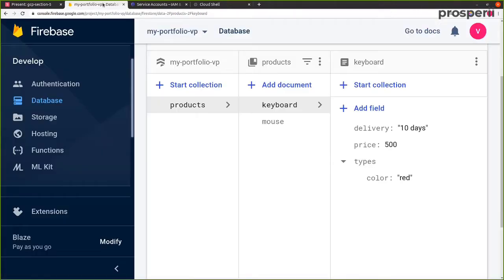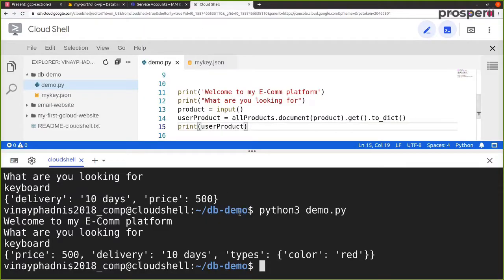So essentially we are using the Cloud Firestore database, and then we took the value which was stored inside keyboard and then we displayed it on the console. Okay, so with this we have performed the read operation. Now let's put in the update operation. Okay, so with this now let's add in a very simple operation called delete.